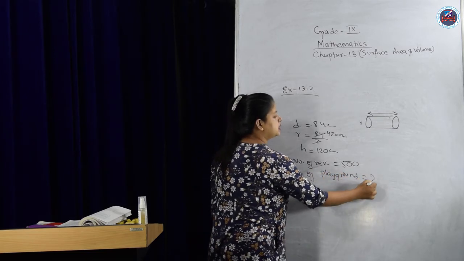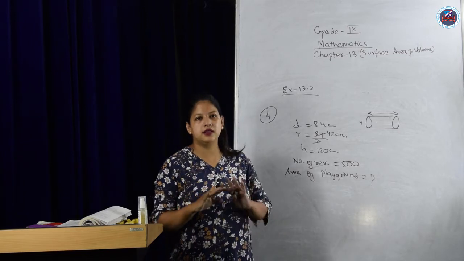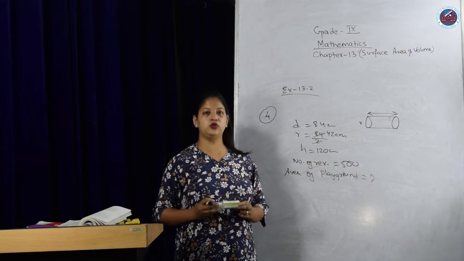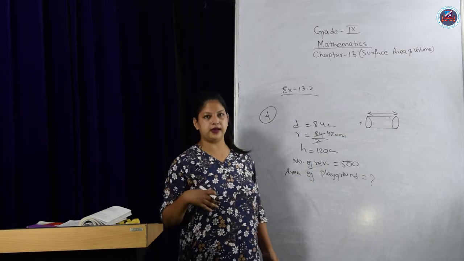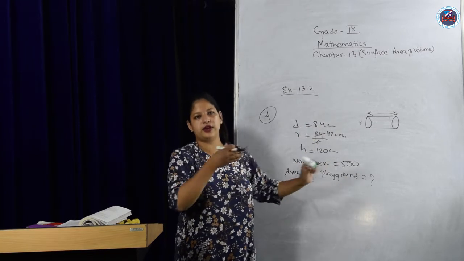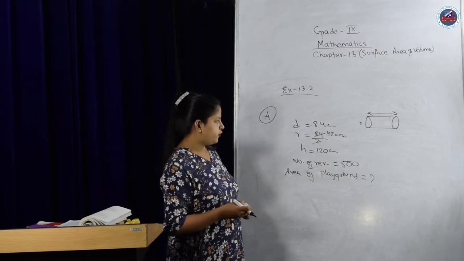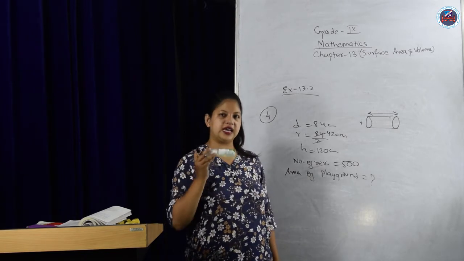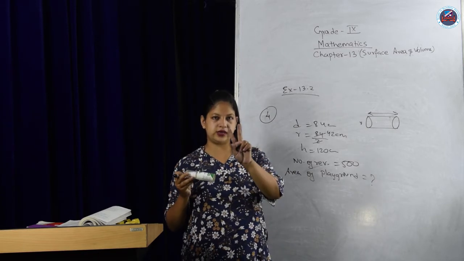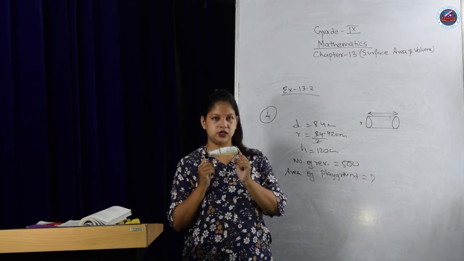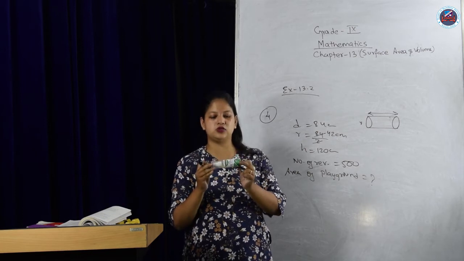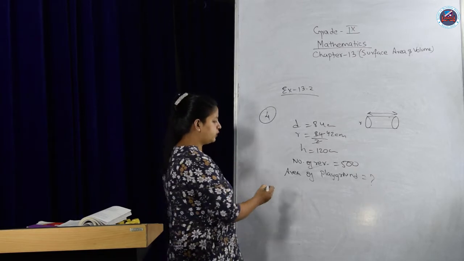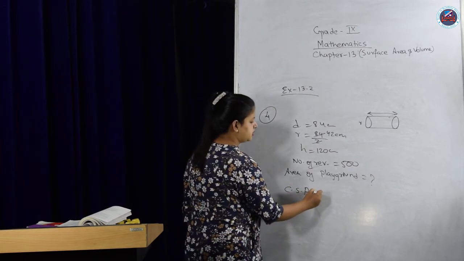What kind of shape the playground is has not been given, but it is clearly said that the cylinder has been rolled 500 times to cover all the area. Then using the cylinder itself we can find the area of the playground. First, once it is rolled, what kind of area of that cylinder has been covered? A cylinder has two areas, CSA and TSA. Which area is used? Obviously CSA, because it is rolling on this part, not the top and bottom, which are excluded. So we will find CSA first, the CSA of the cylinder.